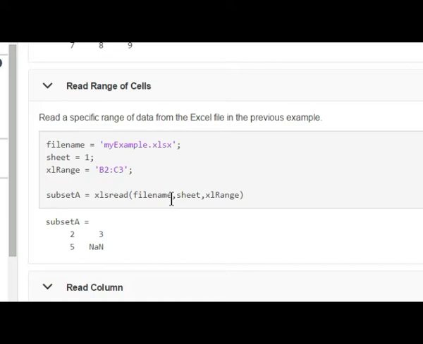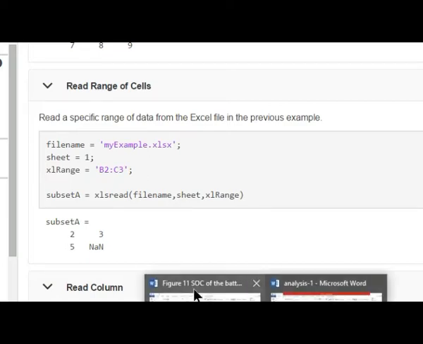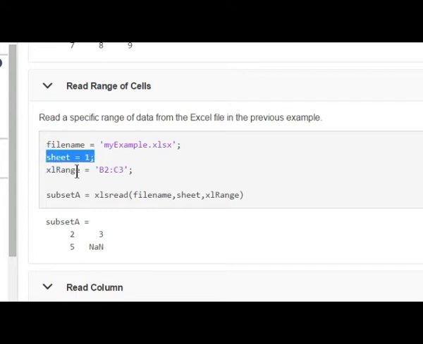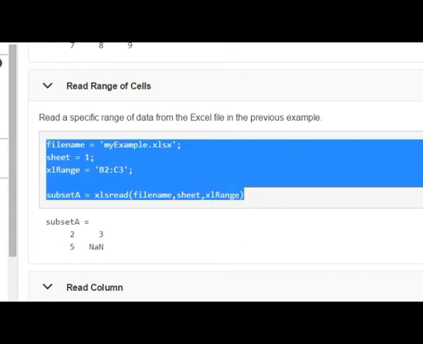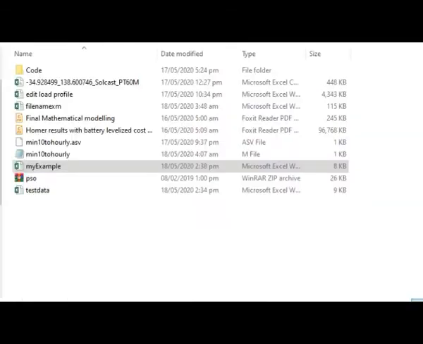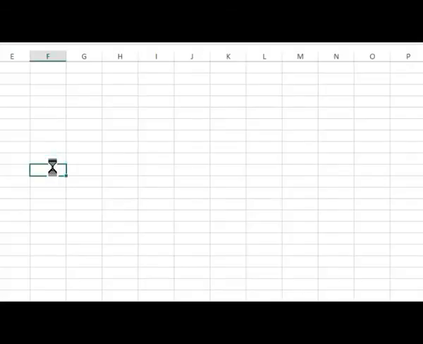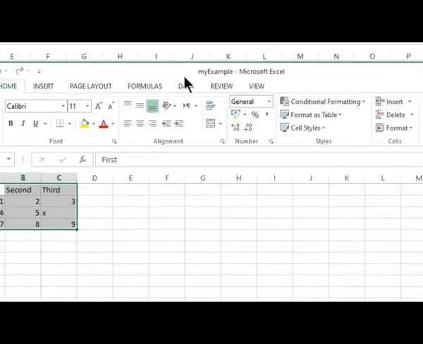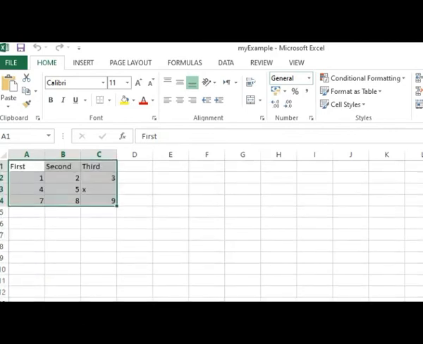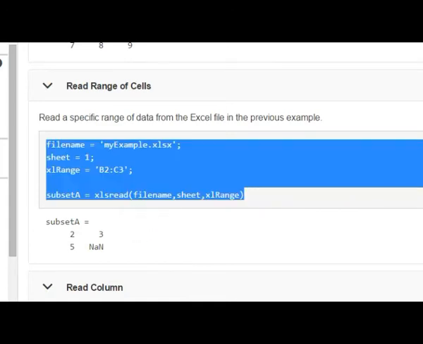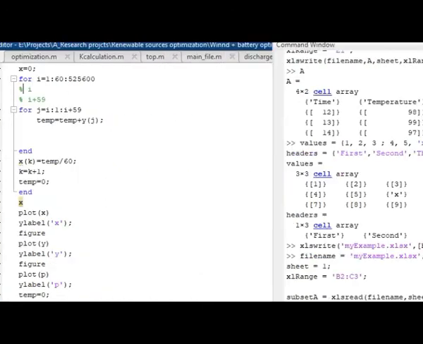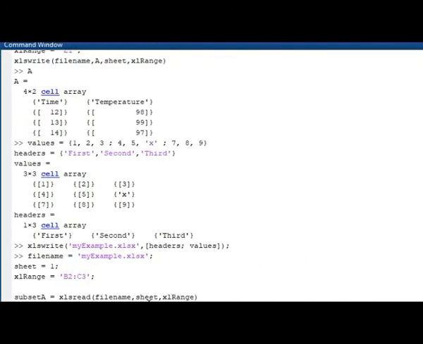If you want to rewrite the data to a specific sheet, number 1, and this data should be written starting from B2 to C3, then again I am pasting it, and let's see the results, pasting it in the command section.